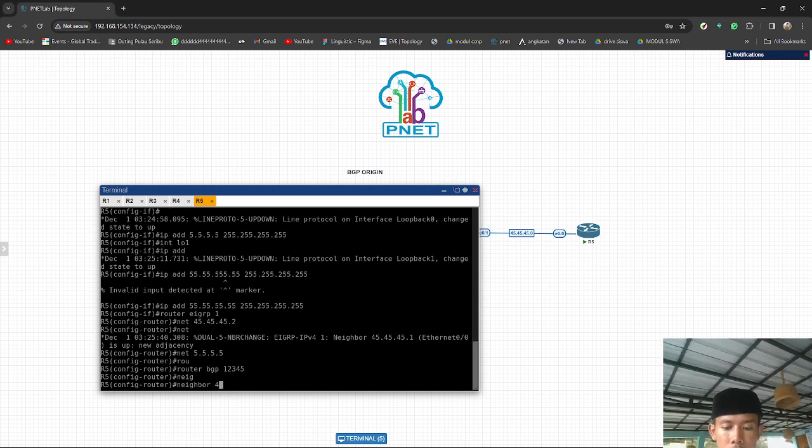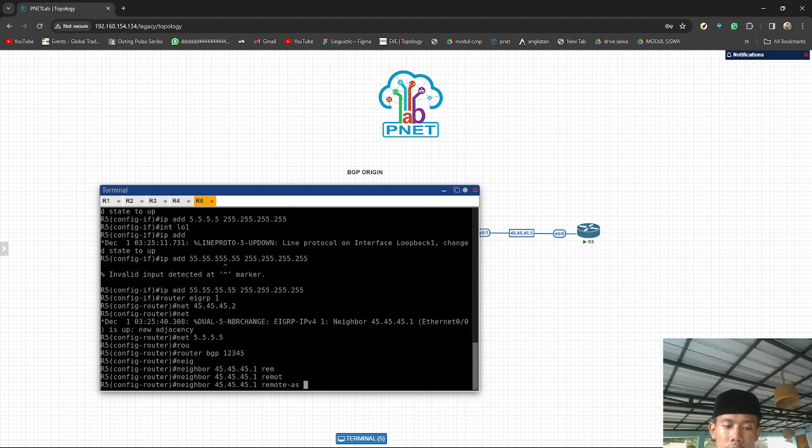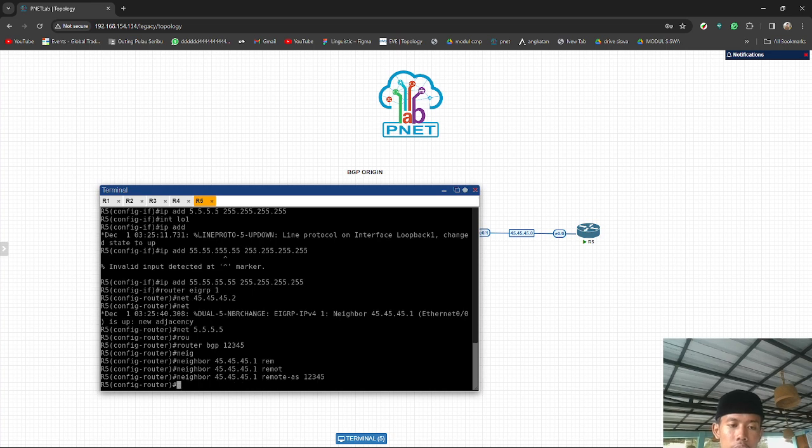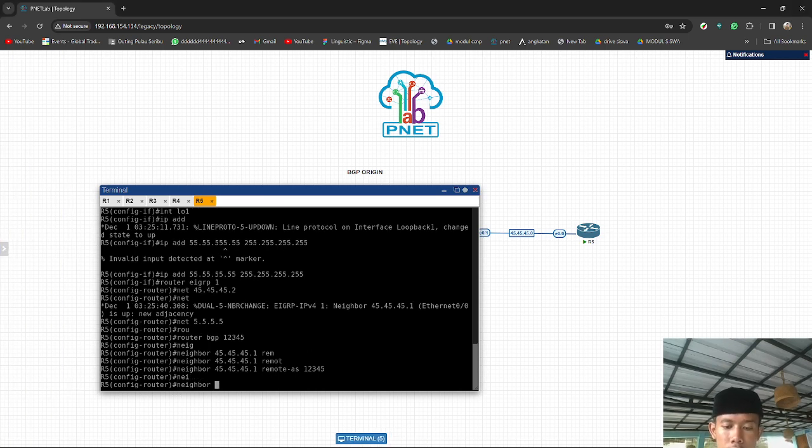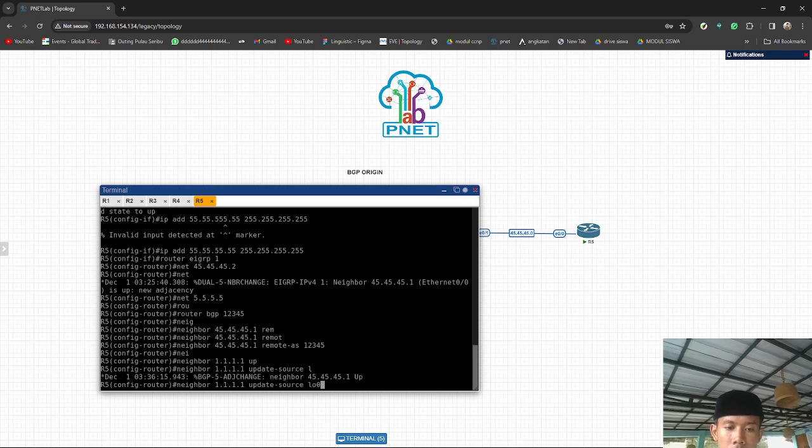Neighbor 45.45.45.1 remote AS 12345, and neighbor 1.1.1.1 update source loopback 0.